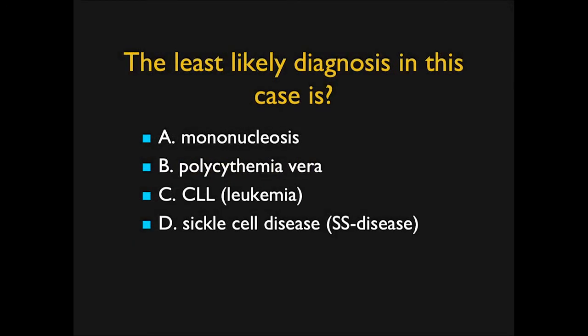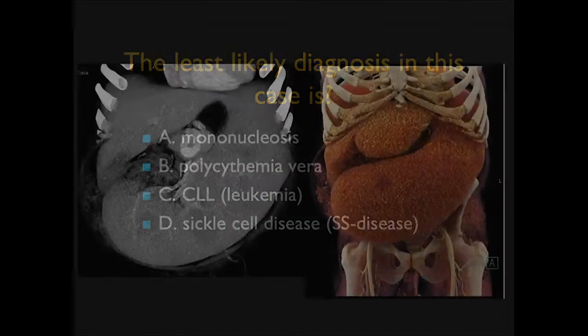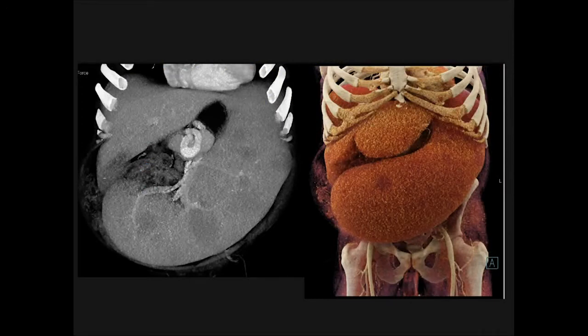In this case, I'm asking you for the least likely diagnosis. Well, what are you seeing here? On both the MIP imaging and the cinematic, you see a very, very large spleen with multiple low-density lesions. If I had to pick the answer here, I would have said CLL. CLL typically gives you the largest spleen. The other thing, mononucleosis in a young patient, you could have huge spleens of mononucleosis, but this is even almost too large. In fact, this was a case of polycythemia vera